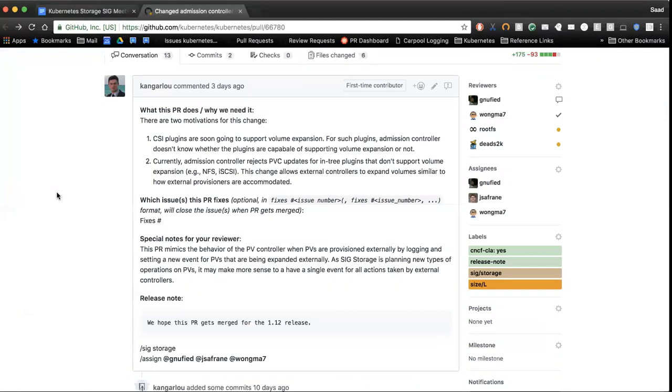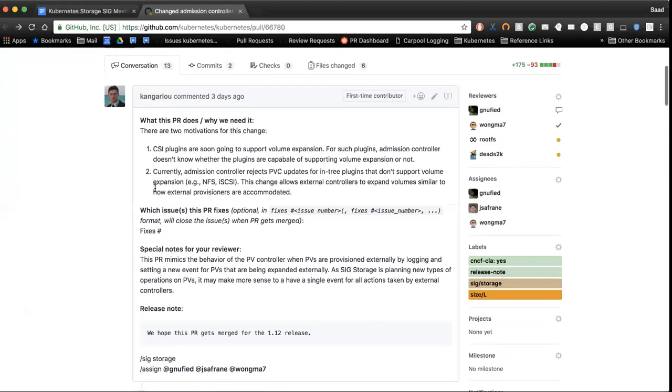But what I wanted to talk most about was that I followed the same model as external provisioning here. When you're doing external provisioning with a PVC, you set an event called provisioning external or external provisioning on the PVC. And this follows the same model, so it sets a new event called external expanding on the PVC.